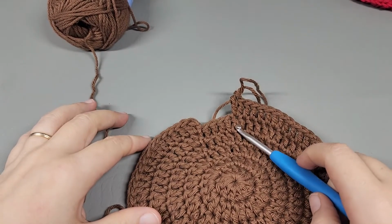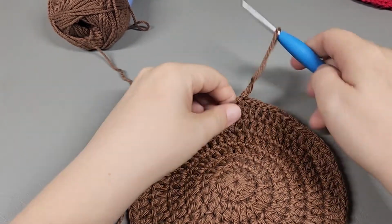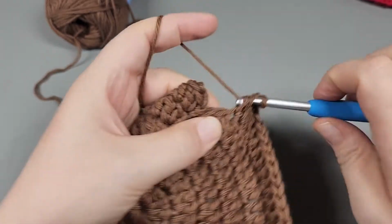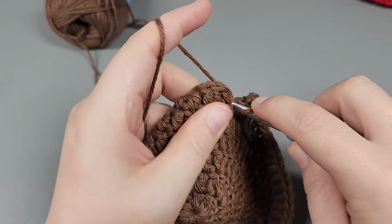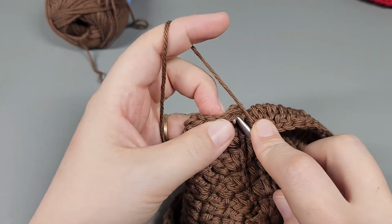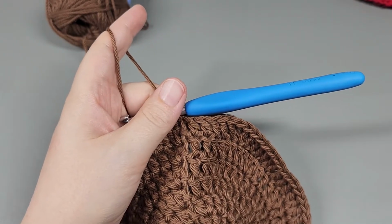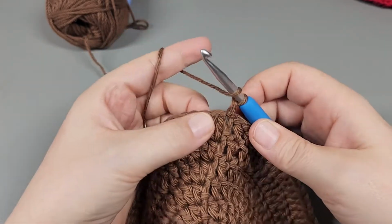Okay, so I've made it around and I've worked an increase, and I have 1, 2, 3, 4 doubles left, and that last 4 gets 1 double each. 1, 2, 3, and 4. Slip stitch to our first right there. That was the end of round 6, and you should have 72, and round 7 we are going to chain 1 and right back